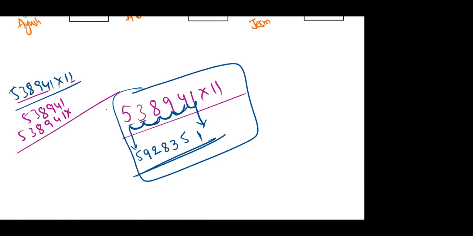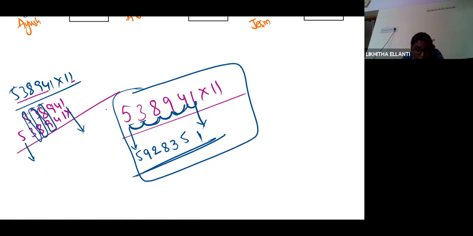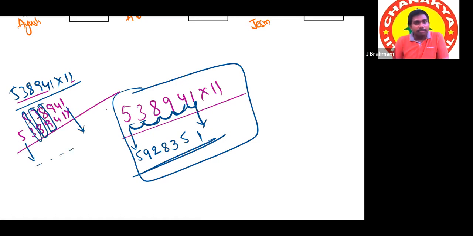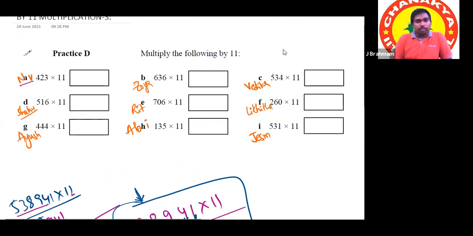So the first and last digits are as they are. And what are these numbers? Adjacent numbers, two consecutive numbers. So this is the logic behind this shortcut. We are taking the conventional method and making it a shortcut. You can proceed with carry or without carry, it is up to you.